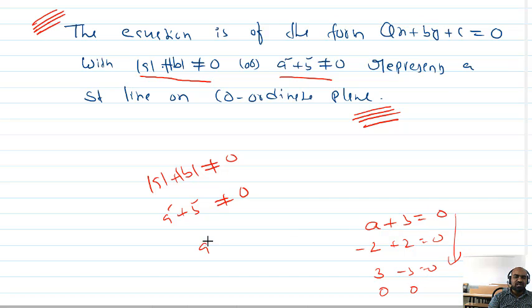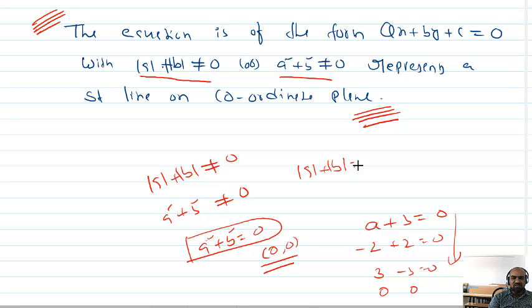For example, a square plus b square equal to 0. What are the values of a and b which satisfy? This means only one value will satisfy, that is a should be 0, b should be 0. Because a non-negative number plus a non-negative number is never 0 unless both are equal to 0. That's why a square plus b square equal to 0 means a and b must be 0. Similarly, mod a plus mod b equal to 0 also gives the same meaning. Mod a is a non-negative real number, and the addition is never 0 unless both are equal to 0.